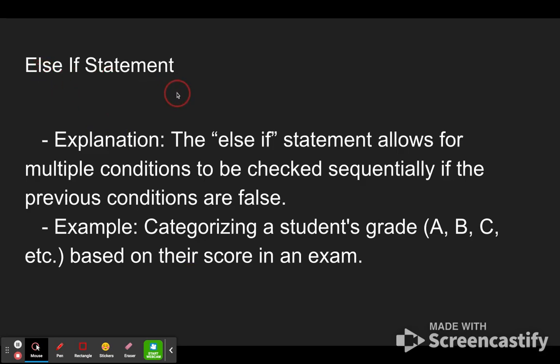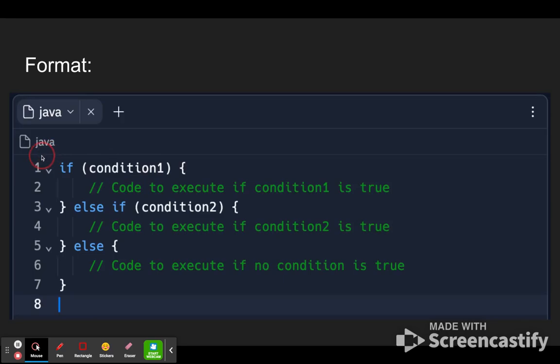Else if statement. The else if statement allows the user to make multiple conditions to be checked sequentially if the previous conditions are false. An example would be categorizing a student's grade as A, B, or C based on their score on an exam. So here is the if condition 1, and if this is false, it goes to the else if condition,